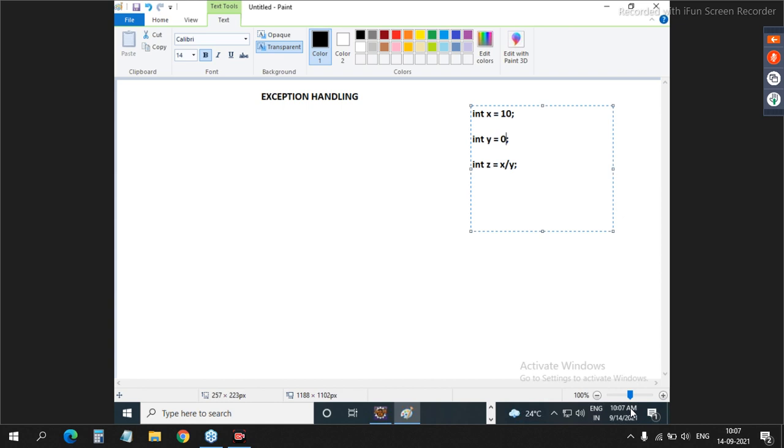So will JVM come back to the previous step? No. Can JVM skip that line and move ahead? No. So at the last, that fellow doesn't have any choice. Stop the execution there.